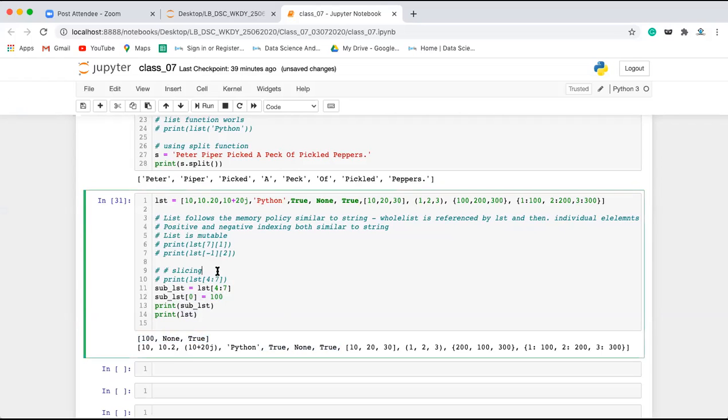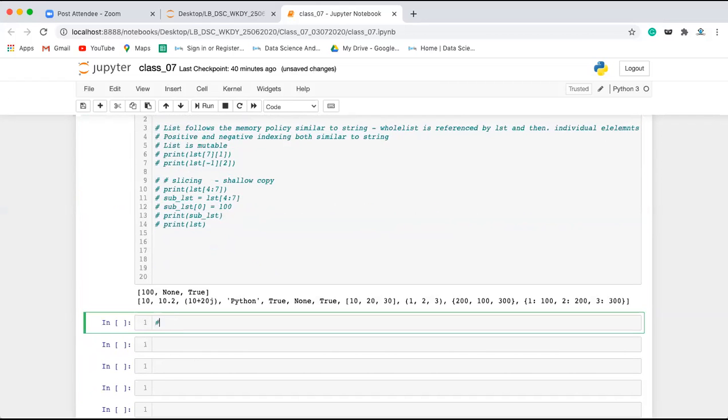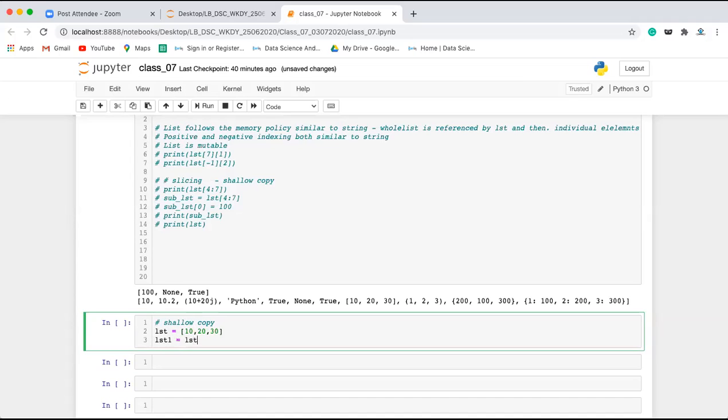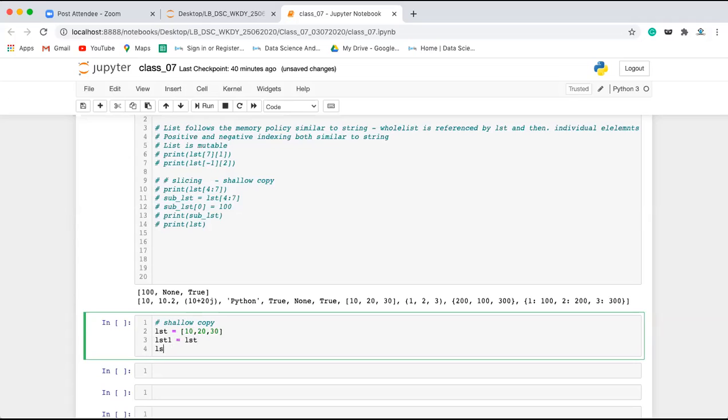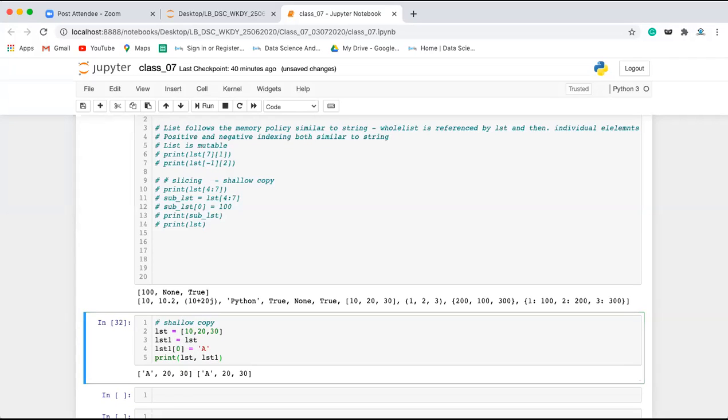Okay, so what happens when you do the slicing, it creates a shallow copy. Slicing creates a shallow copy. Now what is shallow copy? Let's say you have a list, LST is equal to 10, 20, 30. And if I write LST1 is equal to LST, fine. So if I write LST1 of 0 is equal to A, will it make the changes to LST also? Yes. Okay, so let's say if I print LST comma LST1, it is going to make the changes to LST